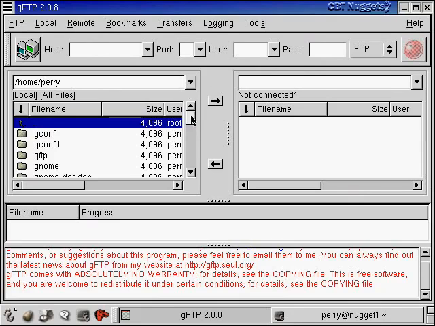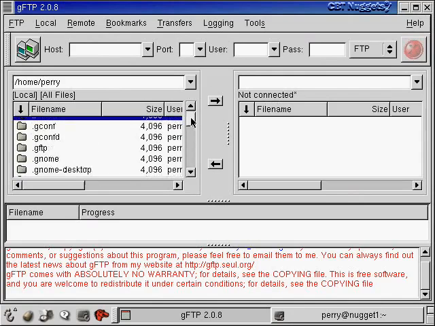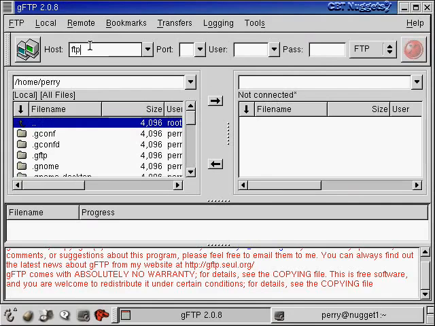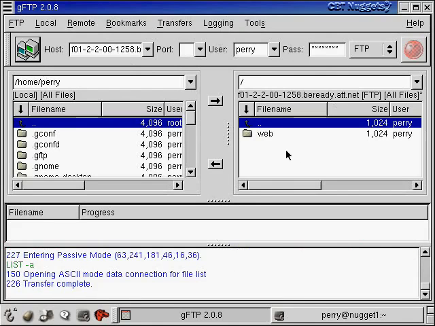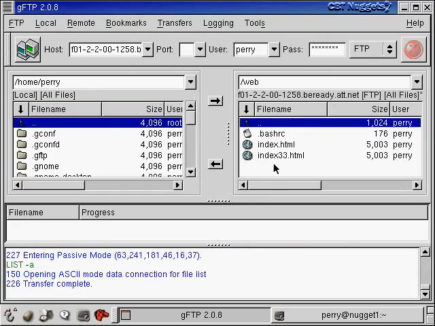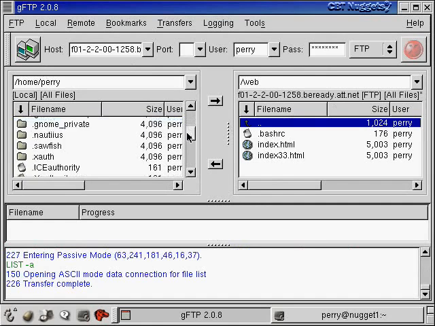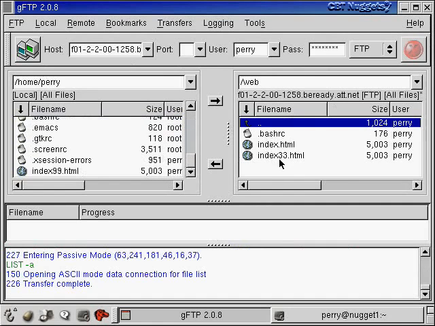And what happens now is, here's my local home working directory. Okay, if I want to connect to some machine, I do it up here. Oops. .com. Over here I put in my username, I put in my password, and I'm going to change my password now so you don't know how many letters it is, and I'm going to connect with this button over here. Okay, so now I'm connected. There's the web directory. I double click on that, and now there's a listing of the files out there, the index33, and so on. Okay, and now if I wanted to bring some file here, I could like highlight